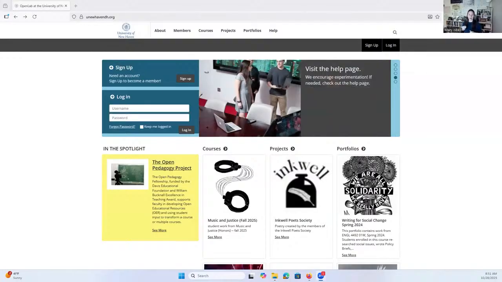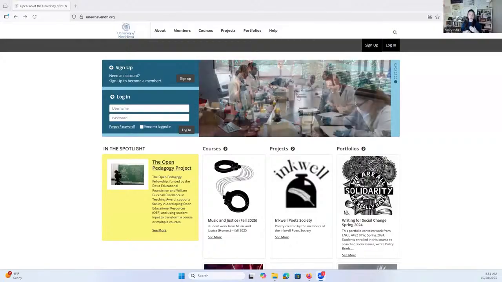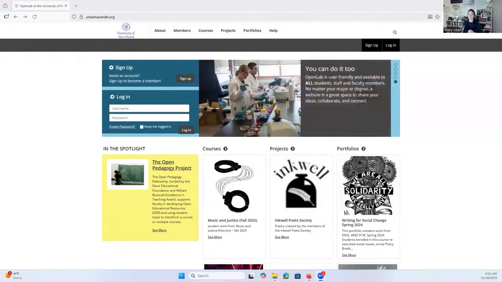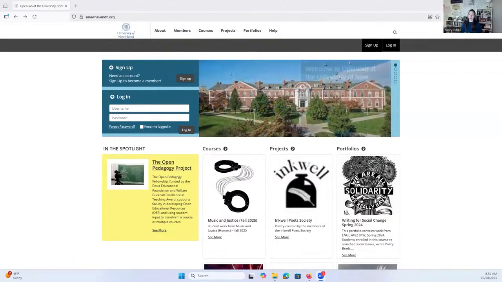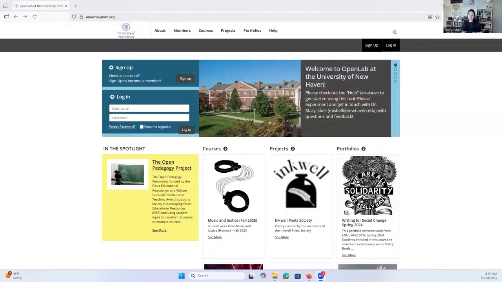They could create accounts without me needing to do anything for them. Students could create accounts to make portfolios or research projects with, projects associated with research labs or with their research that they were doing. And so I did this by myself. I'm an English professor. I'm not trained to do any kind of management of a system like this, but because